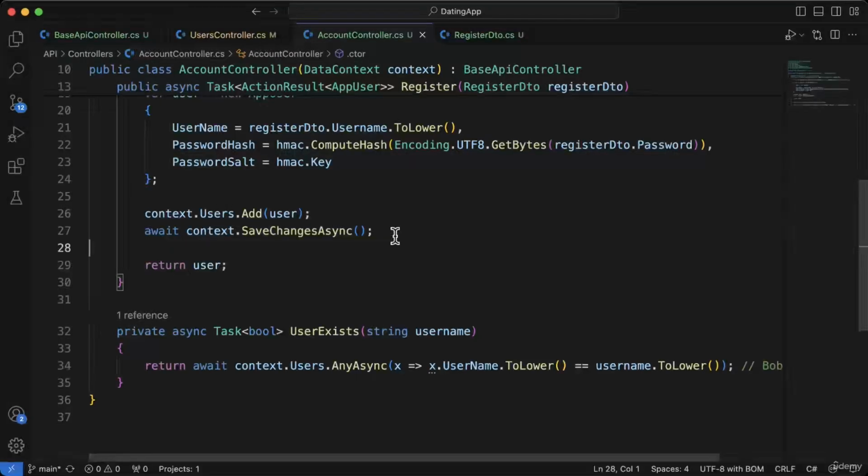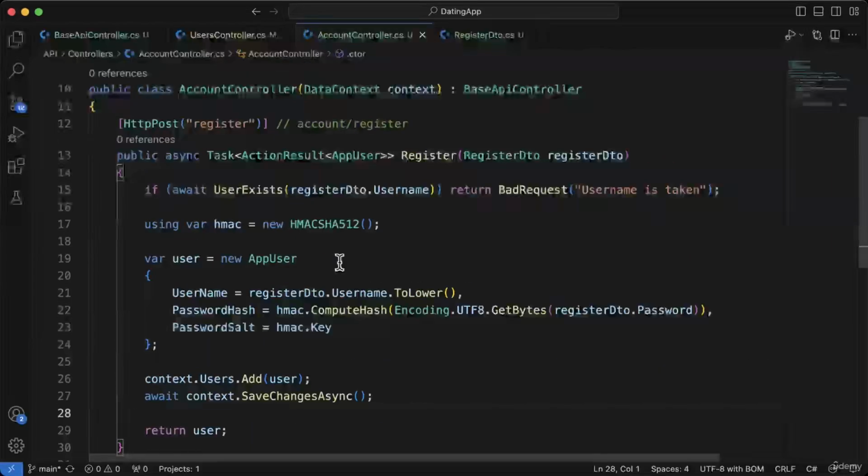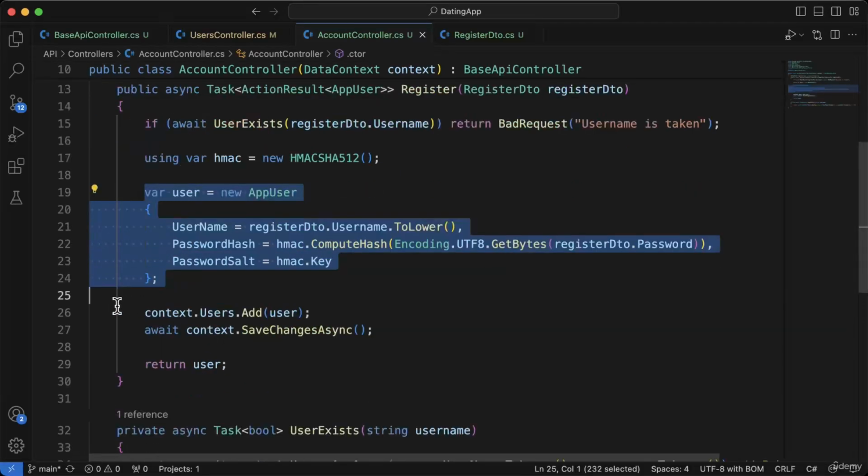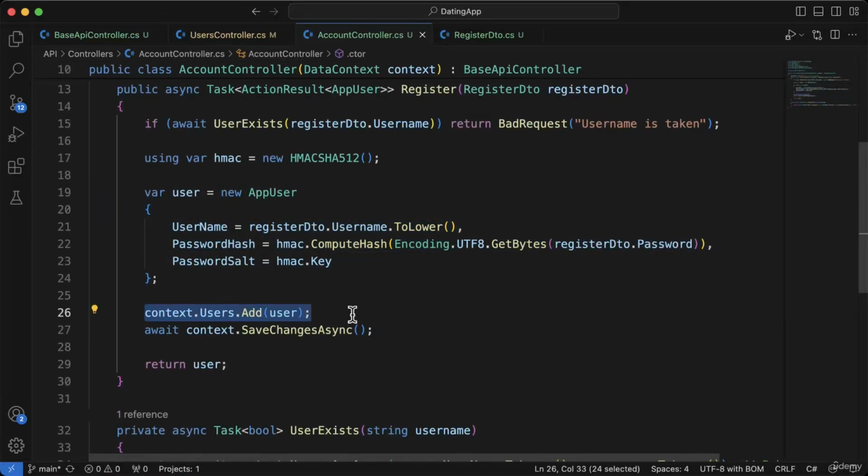Okay, so currently we've got working code, but that might not always be the case, and we do need a way or a tool to help us see what's going on behind the scenes. So when our API controller, for instance, receives this request, then we'd like to know what's inside the registered ETO. What is our API controller receiving? What's going to happen at each point during this method, and what's it going to create, and does the functionality work? Obviously, we'd use this tool when we run into problems and we want to see what's happening behind the